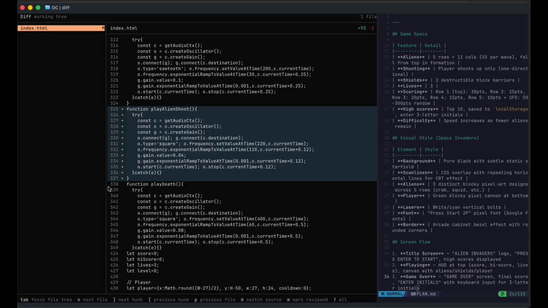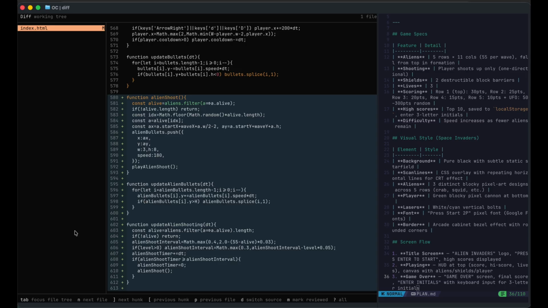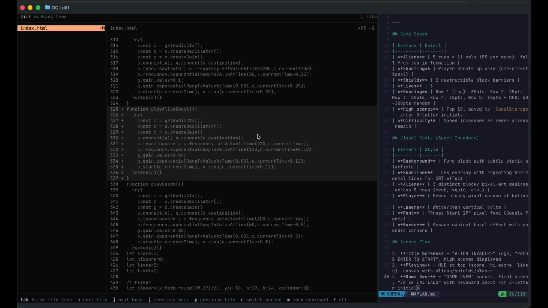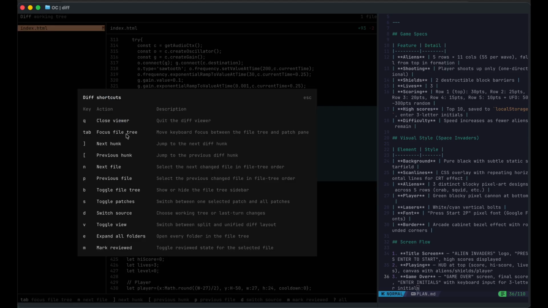So we can press these shortcuts on the right to look at the next block using the closing bracket and previous using the starting bracket. Square brackets, have to be precise. There's a single file, so there is no next file here, but if there are multiple files, you could use N and P to switch between the files, and also M to mark it as reviewed. I reviewed this particular file of its changes, and you can see that the color is grayed out, and you can look at a lot of other shortcuts using this question mark,